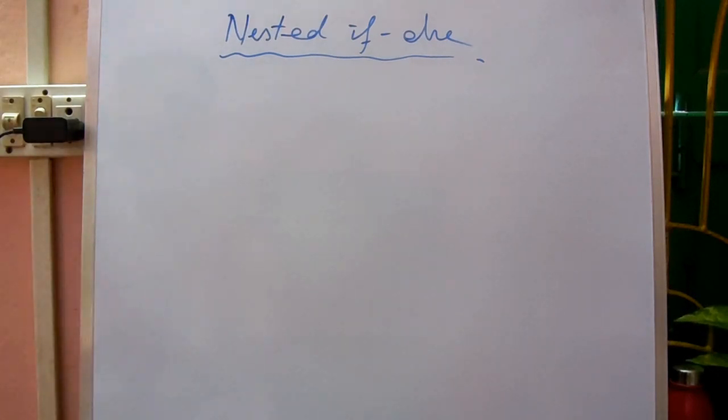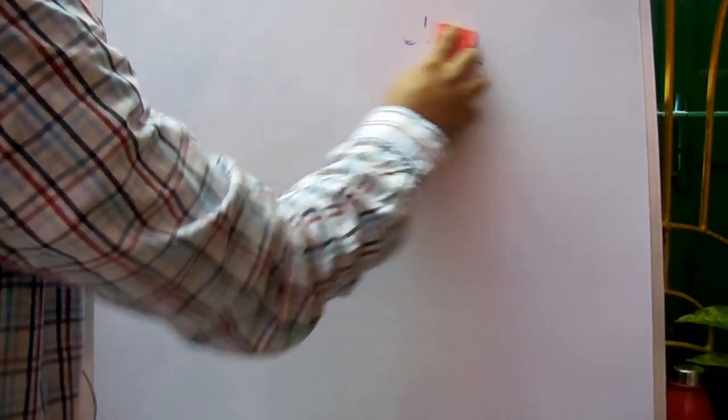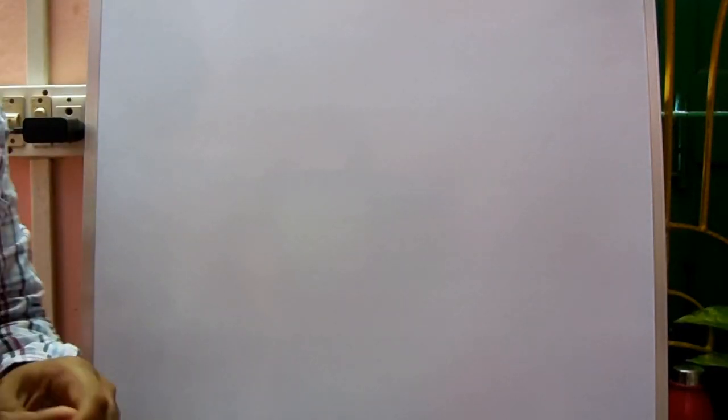Nested if else statements are required when we have more than one condition, that is, multiple conditions. For two conditions we use a simple if else. For one condition only we use the if condition, no else part. For two conditions we use one if and another else. If there are three conditions, then we start the nested if else. In the last class I showed you three conditions, where we found the maximum number among three numbers.